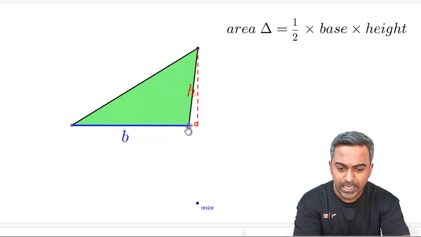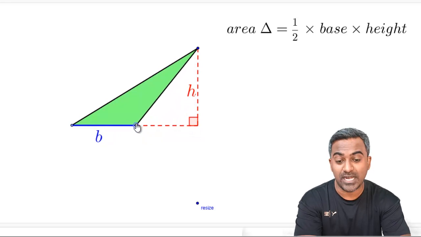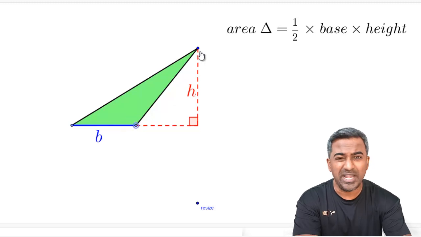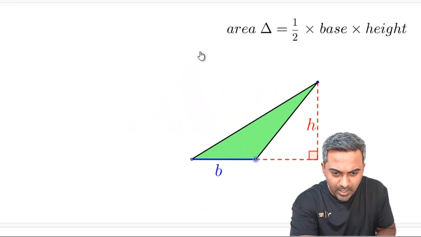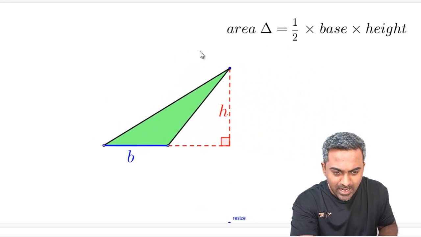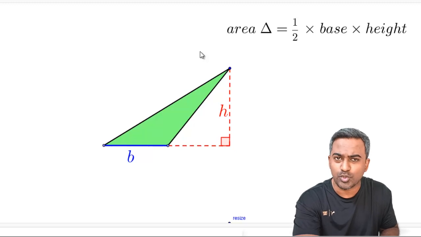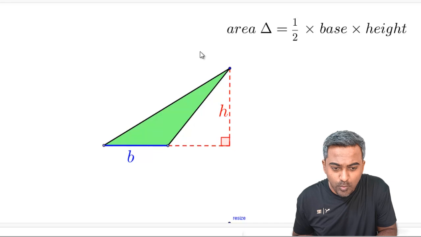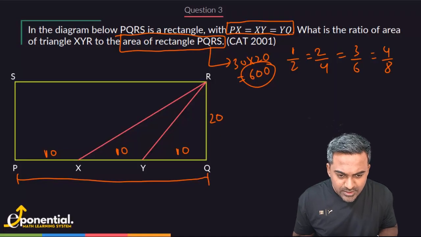But look what happens now. If you have one of the angles in the triangle more than 90, like in this case, this angle here where I'm moving this cursor, the perpendicular, you can't drop it inside the triangle. Like if you want me to figure out the height here, I can't drop a perpendicular inside like this. The perpendicular has to drop outside, right? So based on this property, if I go back to the question,